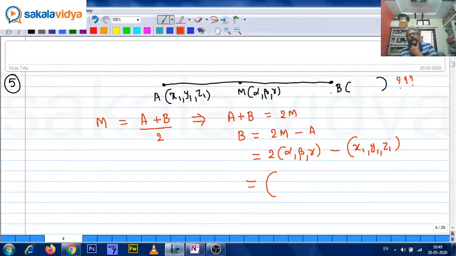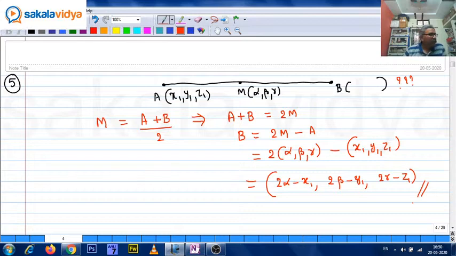so that we get the other end of the line segment also. We can write 2 alpha minus x1, 2 beta minus y1, 2 gamma minus z1. That's all. So in this way we can find it out. So what's our doubt? Okay. Yes, absolutely correct. 2 alpha minus x1, 2 beta minus y1, 2 gamma minus z1. Okay, next now,